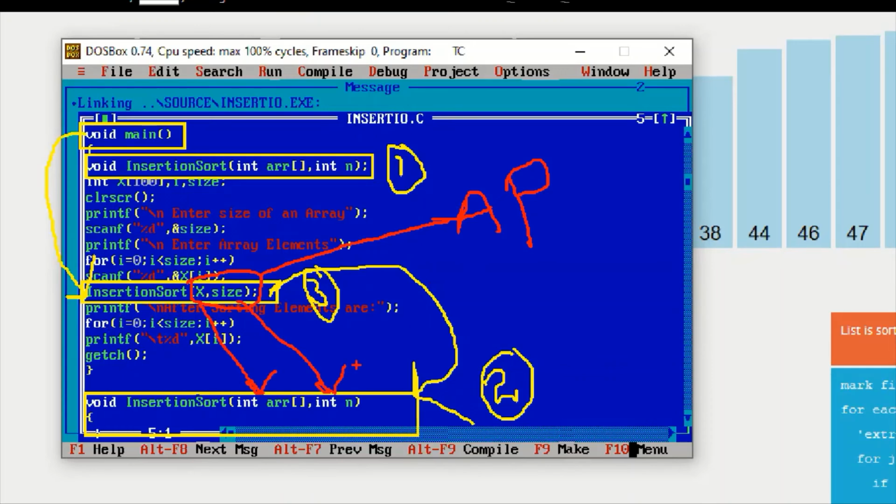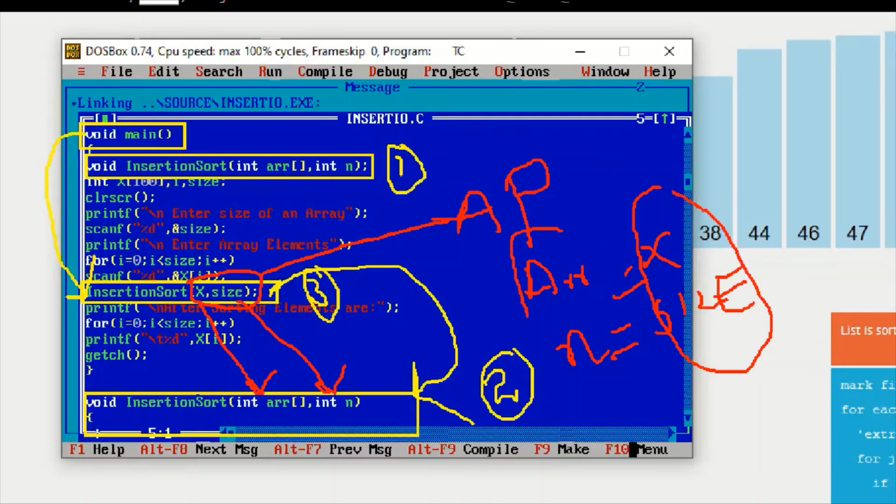So this x array variable will be assigned to the array variable formal parameter ARR, and this n value is simply size. These two are formal parameters. These two are actual parameters. Actual parameters are assigned to formal parameters.